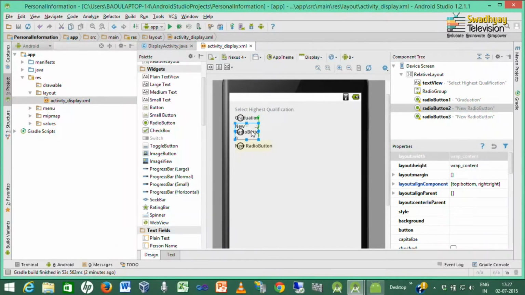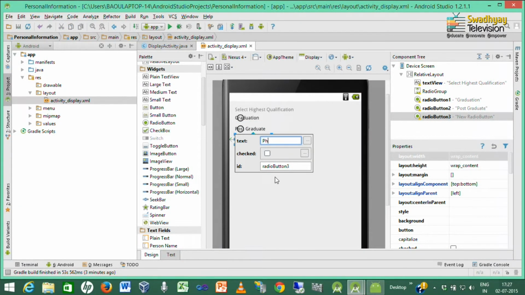Then we double click the second radio button and give its text as postgraduate, and its ID is radio button 2. And the last radio button text is PhD and its ID is radio button 3.